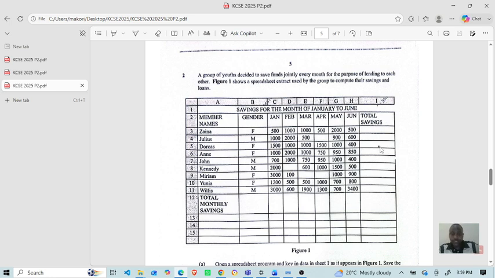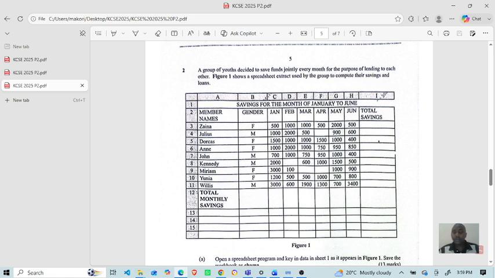We have the spreadsheet, we have the publisher, and lastly we have database, that's Microsoft Access. Last year they brought Microsoft Word and Microsoft Excel, that's spreadsheet. Don't know what will come this year, so make sure you prepare for all the topics before you sit for your examination this year. So this is what was required for you in the last year KCSE